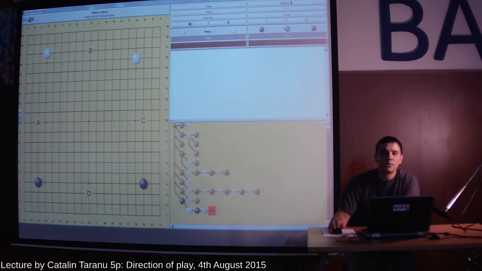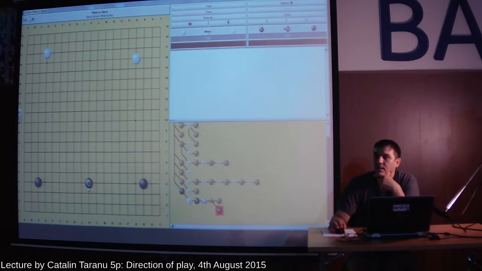Now we know the area where we want to play. From the four large areas on the board, now we know we want to play on the lower side. And from here, there are many ways to play. We can just make a normal shimari, we can play something like this. There are a lot of possibilities, but what was important was to decide which is the biggest area on the board. Okay, so now I go back to my game,